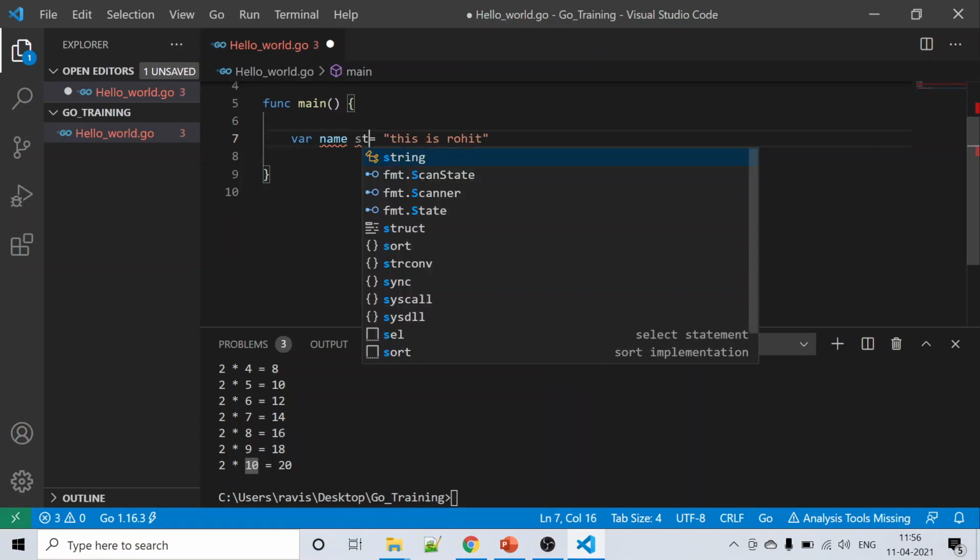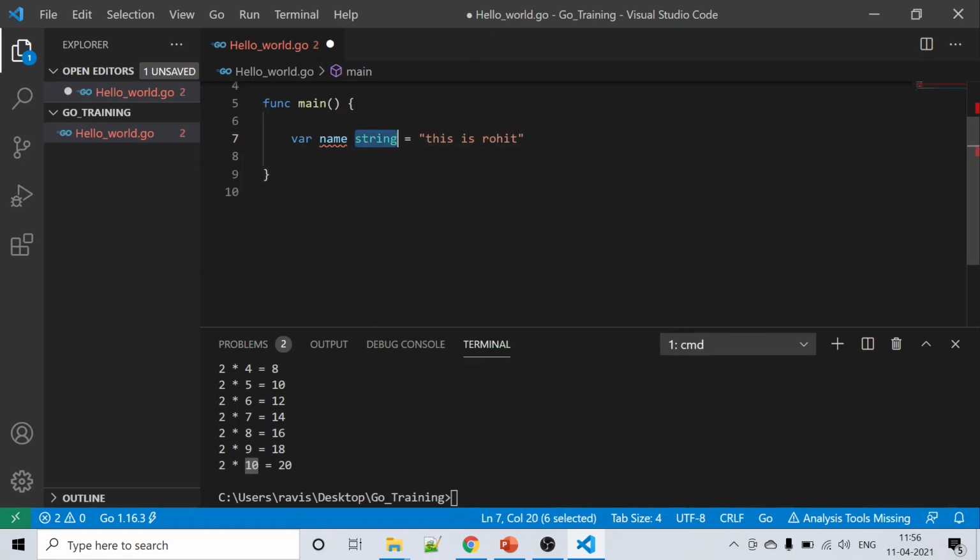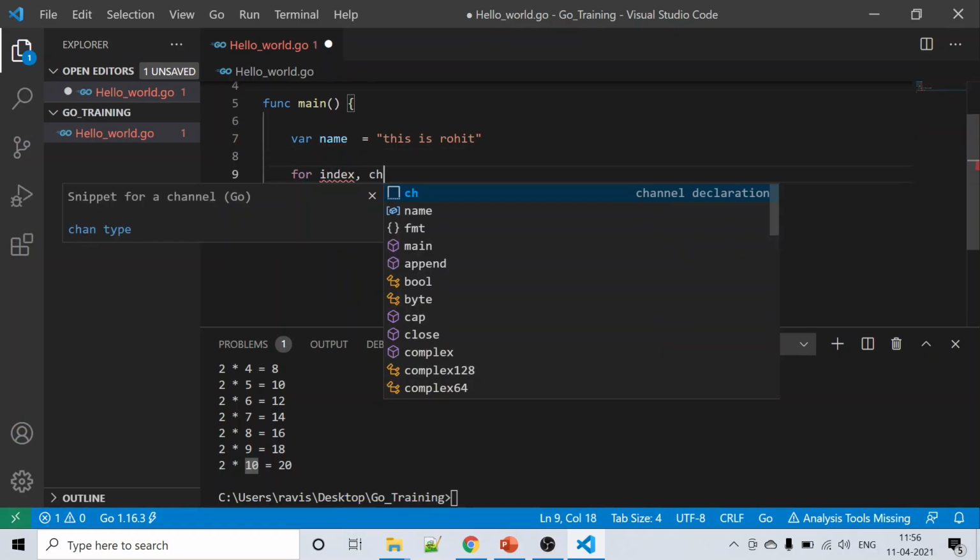You can keep it here string. This you cannot keep as well. If you're doing declaration and initialization both together, then you can remove the data types. Okay. Now what I will do for index comma